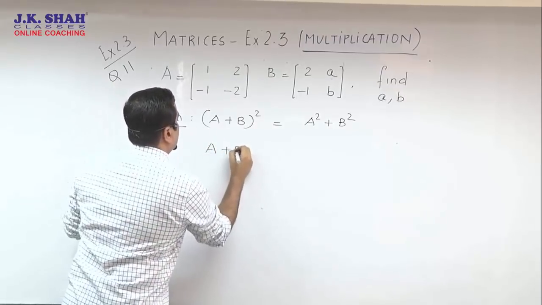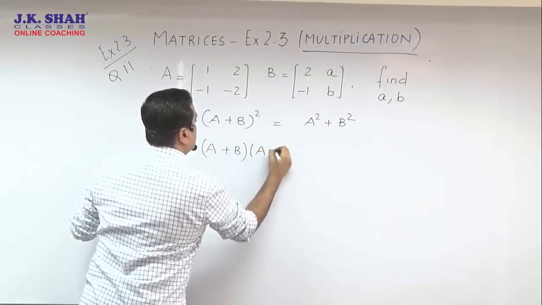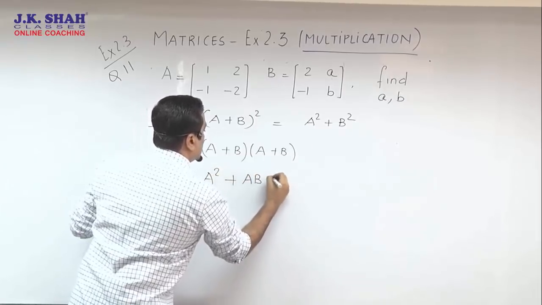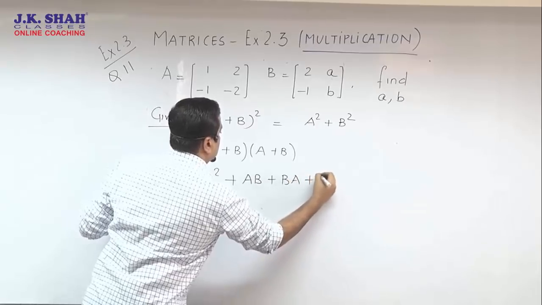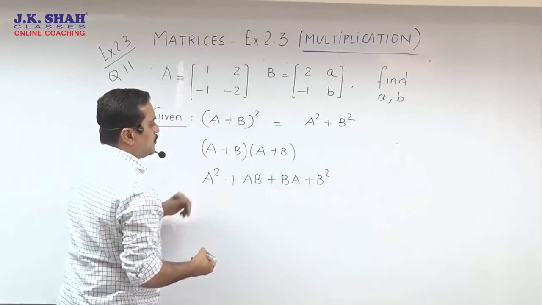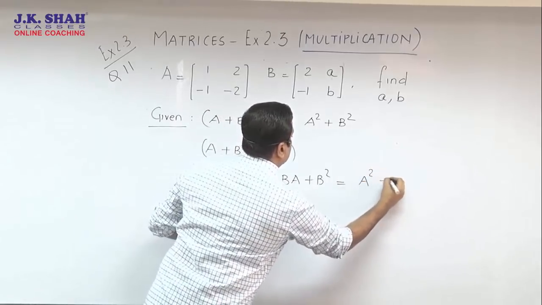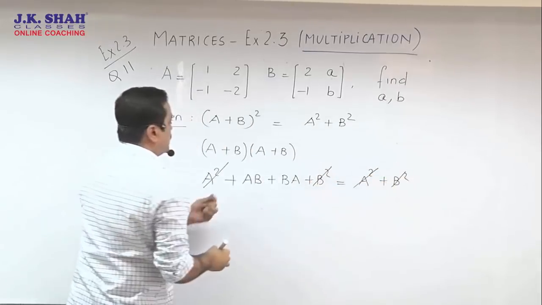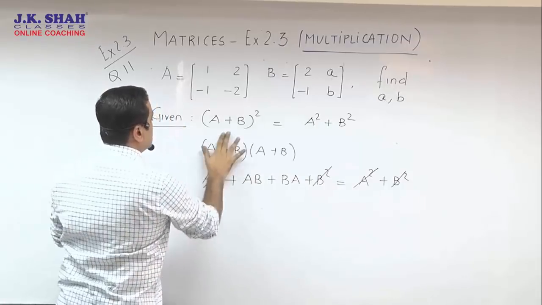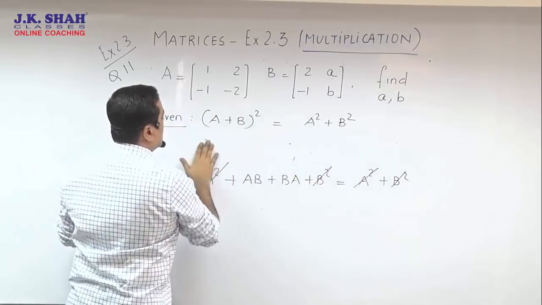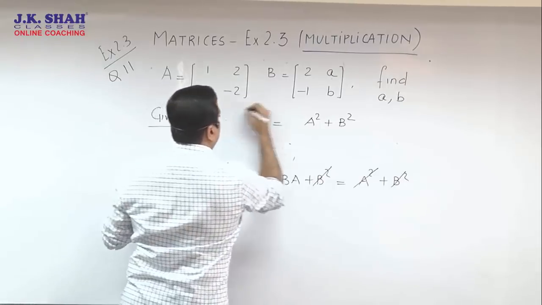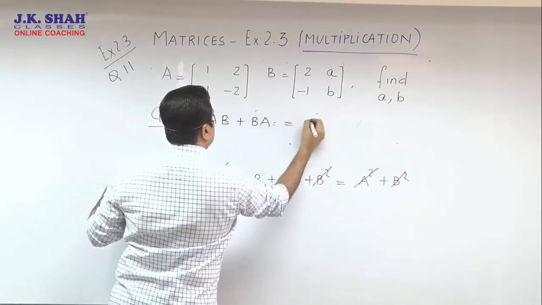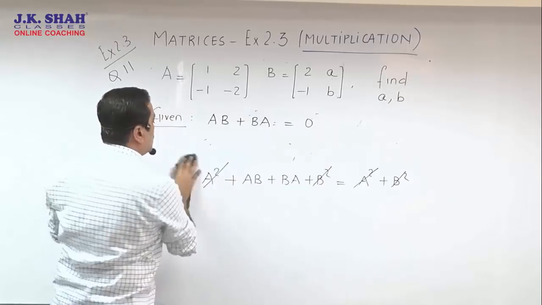So A plus B the whole square, as we all know, is going to be A plus B into A plus B, which in the next step you are going to write as A square plus AB plus BA plus B square. I hope nobody is thinking how. It's equal to A square plus B square, no bracket opening. Now cancelling A square, B square on both the sides, I am left with AB plus BA equal to 0. So I request everybody, rather than working on that equation, it is easier if we work on the new simplified version, which is AB plus BA equal to 0. I just removed it because I need space to work out that many multiplications.